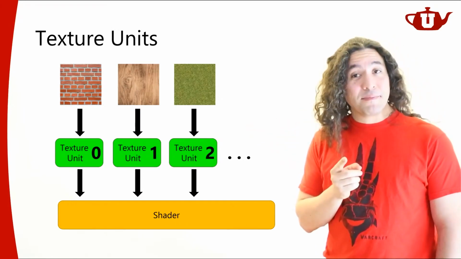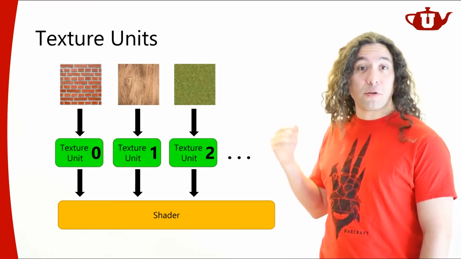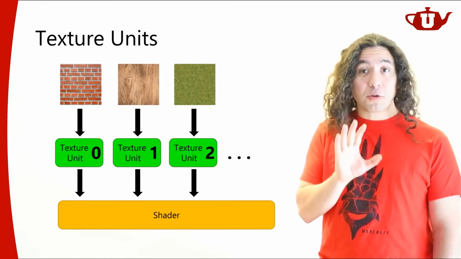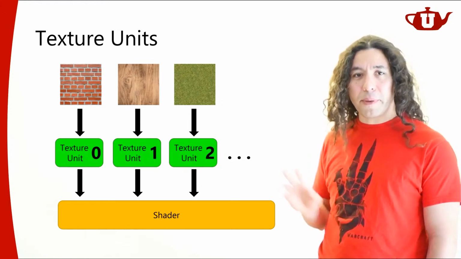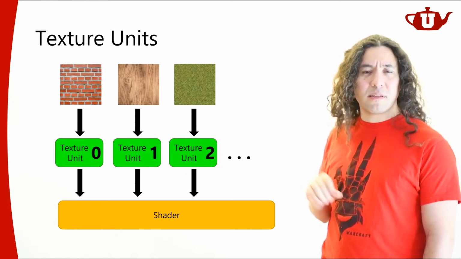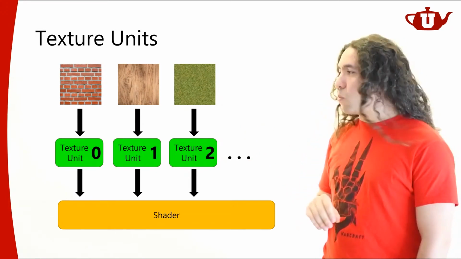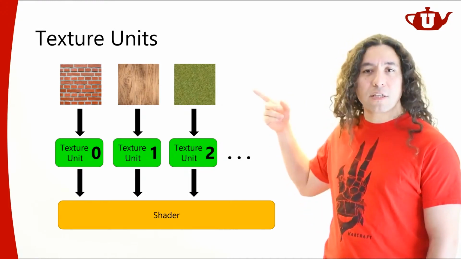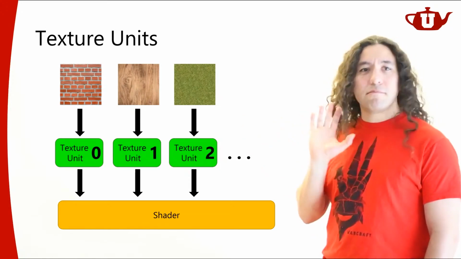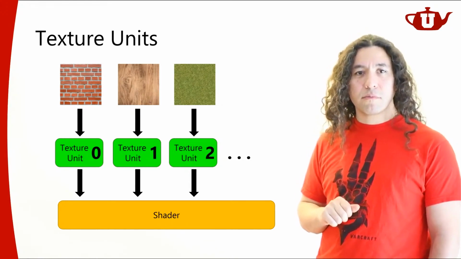Now, I should also say that this is just one way of accessing textures on the GPU. There are other ways of accessing texture data on the GPU, which I am not going to talk about. There are more advanced topics, and I'm not going to get into them. But this is a typical way of accessing the textures, and this is the only one that I'm going to talk about. This is the only one that I think you should know. But I just want to tell you that there are ways of accessing texture data without going through texture units specifically like this. But they're not important for the context of this course.